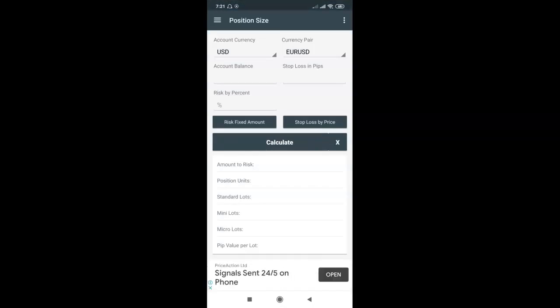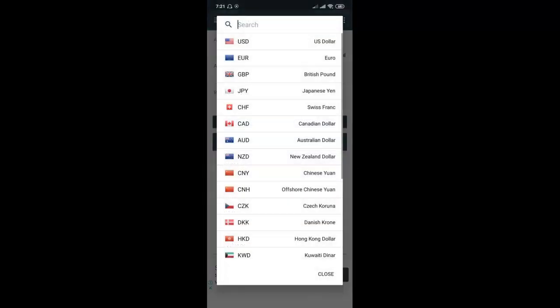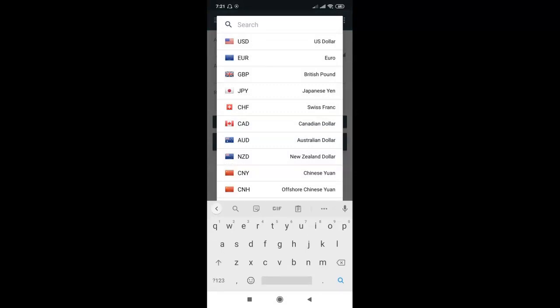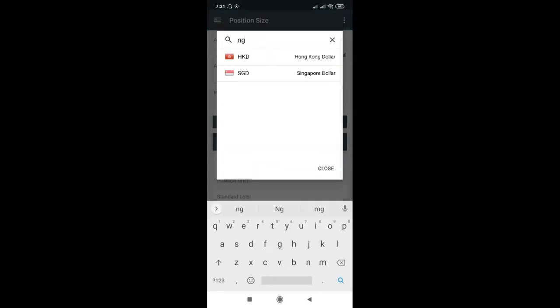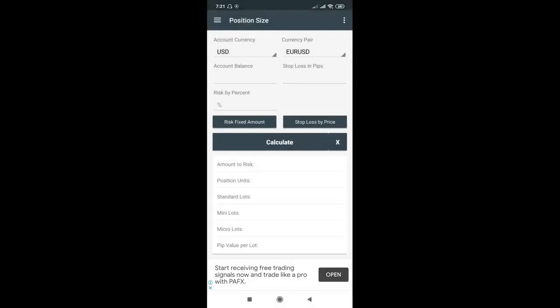Let me look at my parameters. I'm going to use the same parameters I used in the previous video. This one does not pick your balance, of course, because it's not installed on your MetaTrader 4. So the balance on your account, if it is dollar, you put in dollar there. If it is naira, you type in naira there. Do we have NGN? We don't have NGN, unfortunately, so you type in USD. Even if you put pound there and you're trading in dollars, same thing, just calculate normally and use the lot size that it gives you.